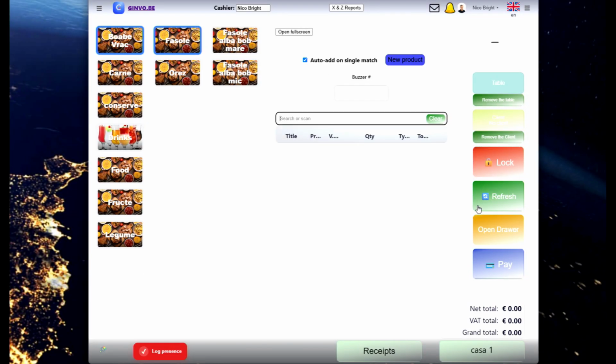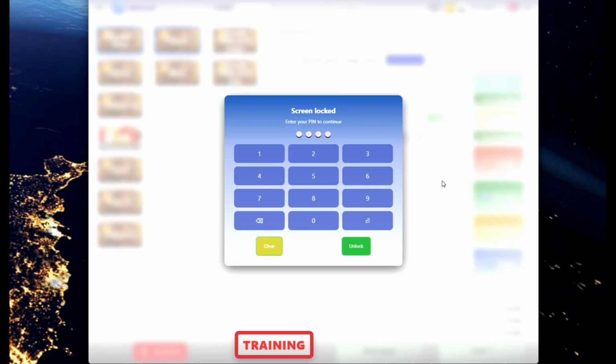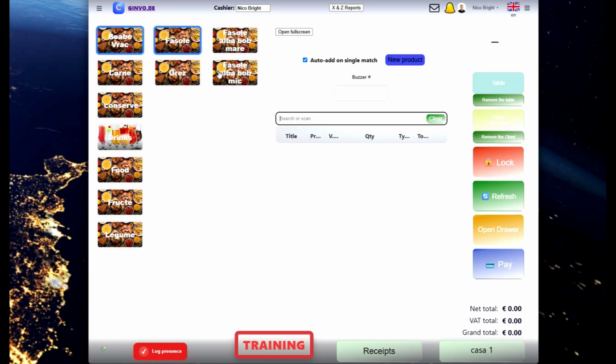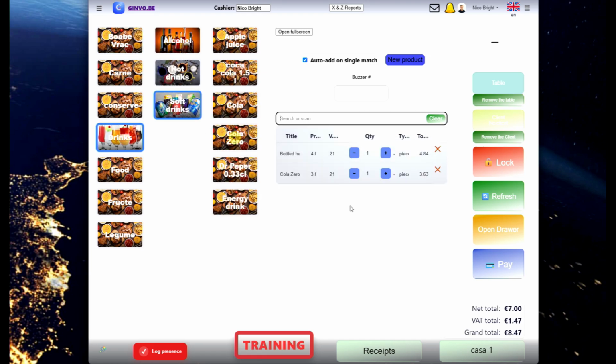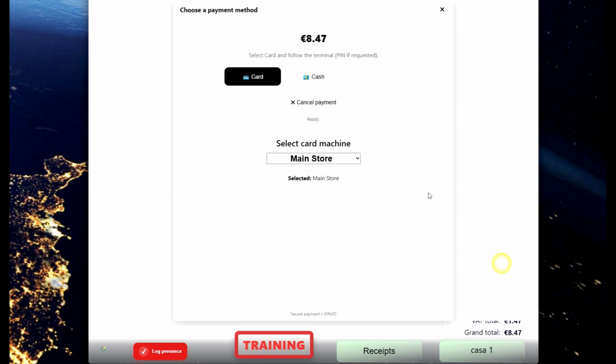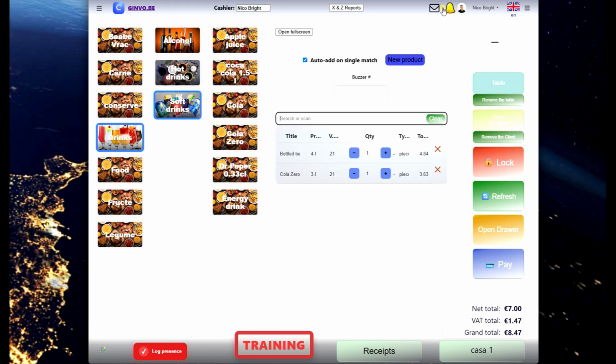Ginvo POS also includes a dedicated training mode. This mode allows employees to practice the complete sales workflow without treating the transaction as a normal live sale. Training mode is activated from the Ginvo dashboard, allowing managers to control when the POS is being used for training purposes. Cashiers can then practice selecting products, creating orders, using payment workflows, and learning the POS interface in a controlled